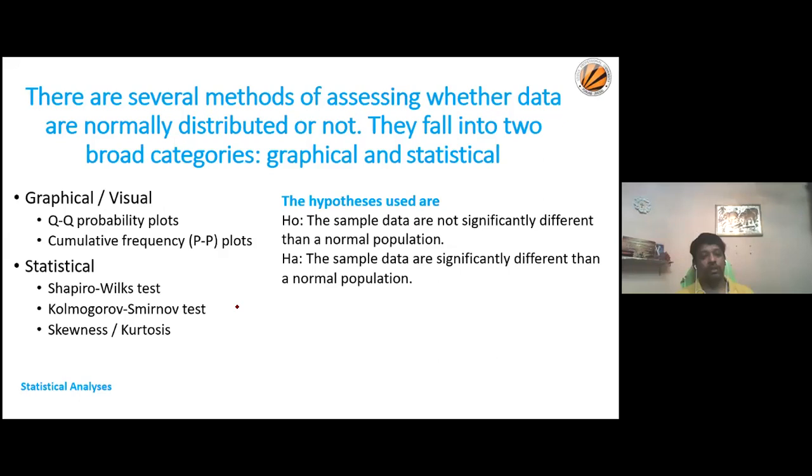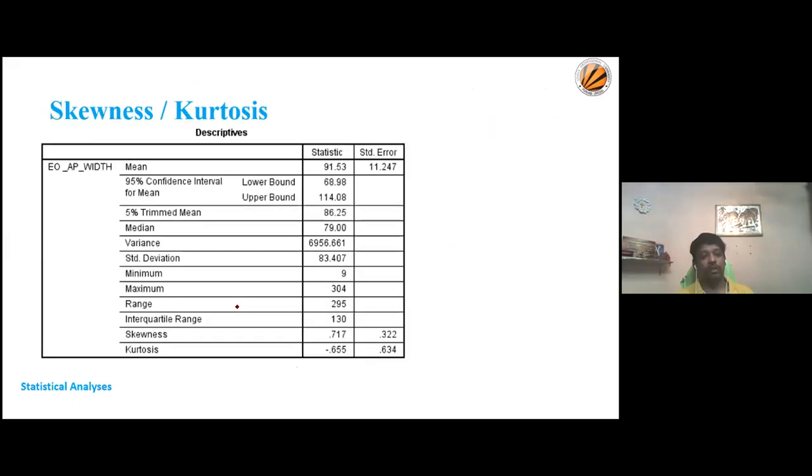We'll discuss this later. Okay, so when you do the normality testing in SPSS,